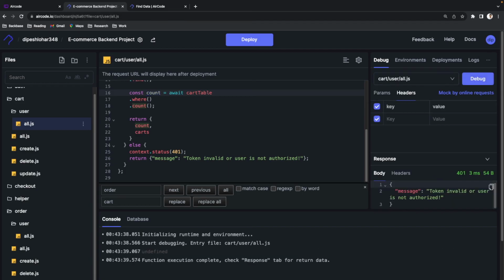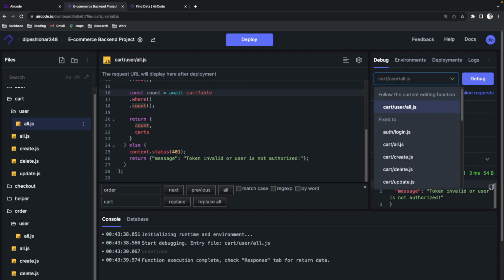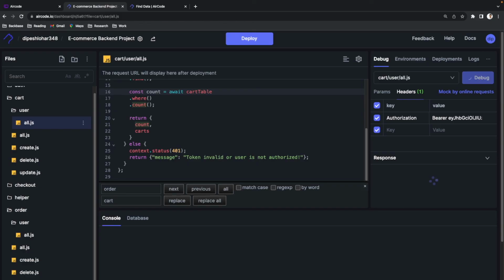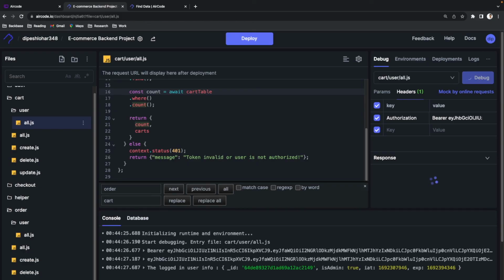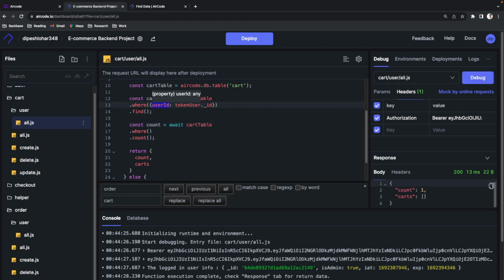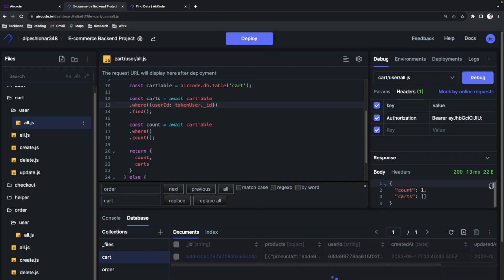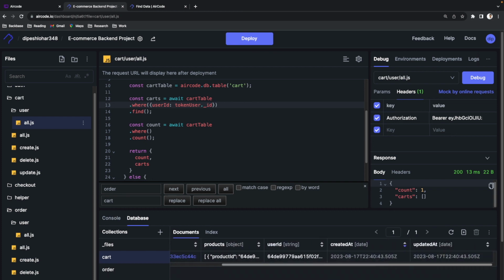Okay, let's pass the authorization. Okay, let's take the authorization from cart all. So now let's send the request, and we will see that this is the admin user, but we are fetching it based on the user ID. So maybe the logged in user has no carts. So if we go to the database, we have this ID, and if we go to the user ID,